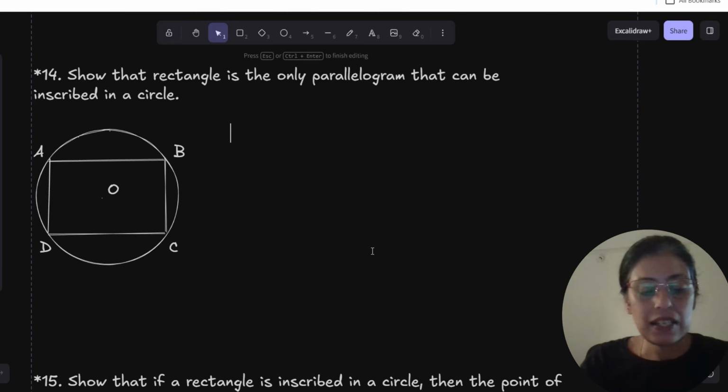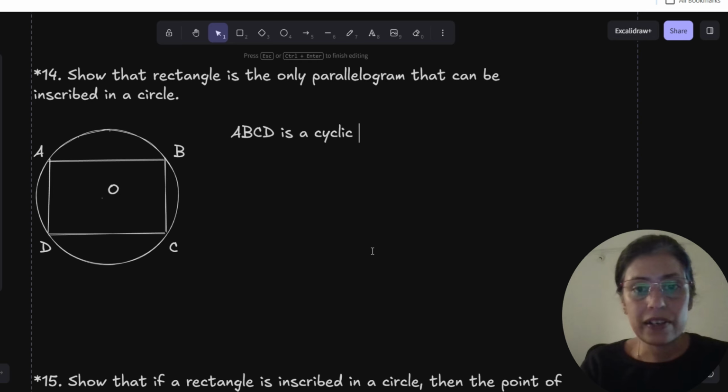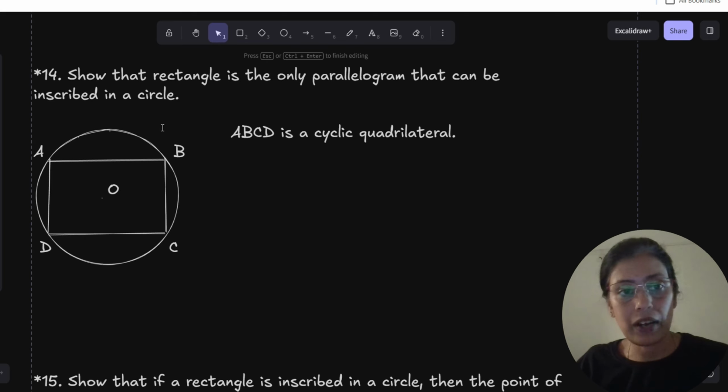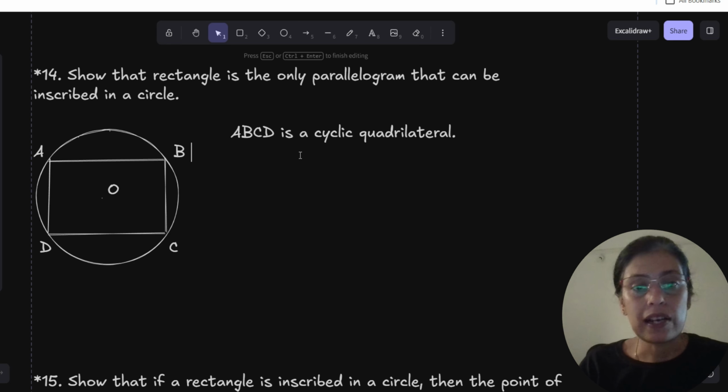this ABCD is a cyclic quadrilateral because it is inscribed in the circle. This is given, right, that it is inscribed in a circle. So this is a cyclic quadrilateral. So this means